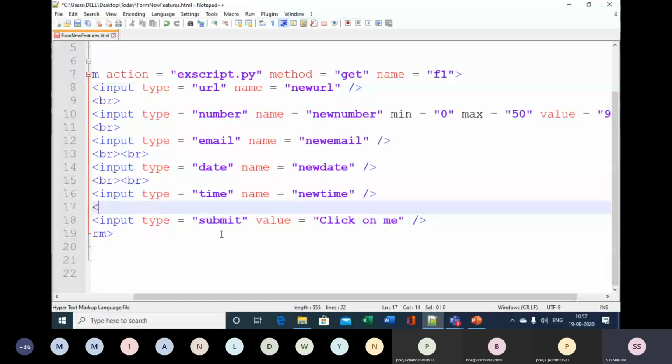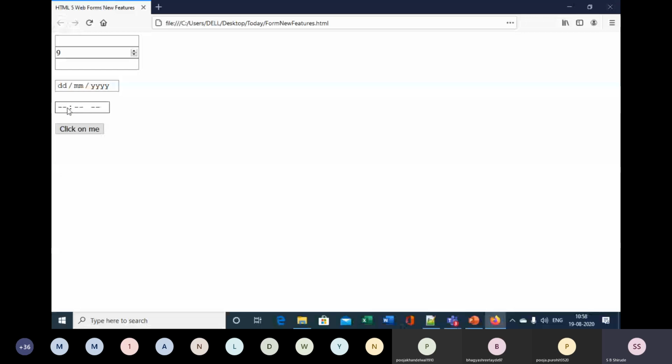Put here break row. So input time is inserted. And now if you see this in Firefox, launch the page, see here time. So you can insert time here. This is hours, this is minutes, and this is seconds. So you can insert the correct time, whatever you wish to insert.